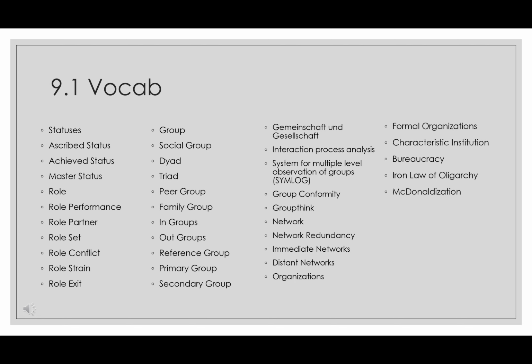Groups. Groups or social groups consist of two or more people who share similar characteristics such as values, interests, ethnicity, social background, family ties, and political representation, and a sense of unity. A dyad is a group of two people. A triad is a group of three people. As group size increases, groups trade intimacy for stability.